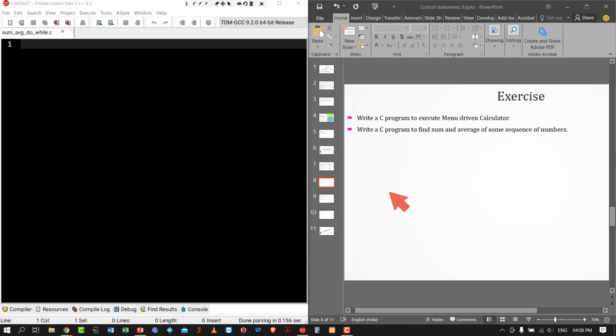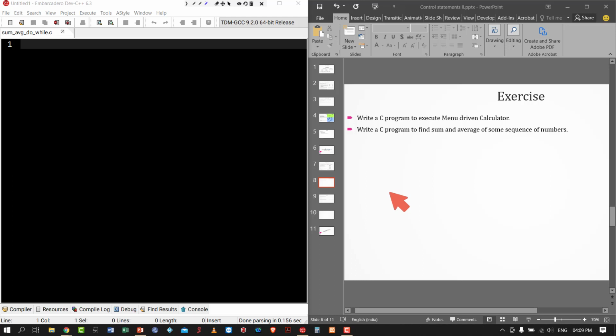Here first the user will enter a number. Then a message will appear asking do you want to continue, and you have two options, yes or no. If you press Y, it means yes. If you press N, it means no. If you press yes, it will read another number. Again it will show do you want to continue.